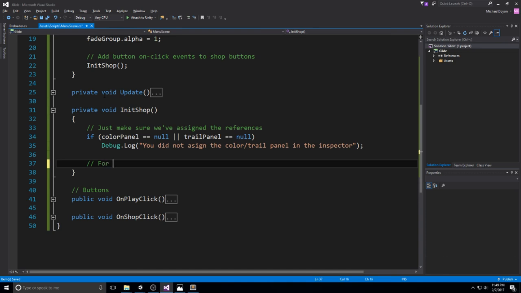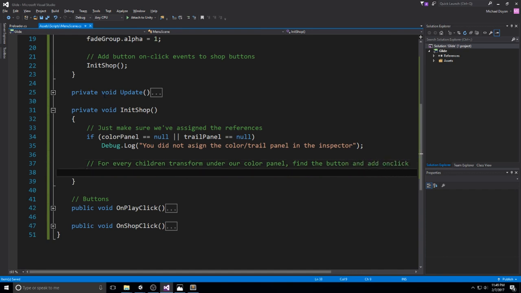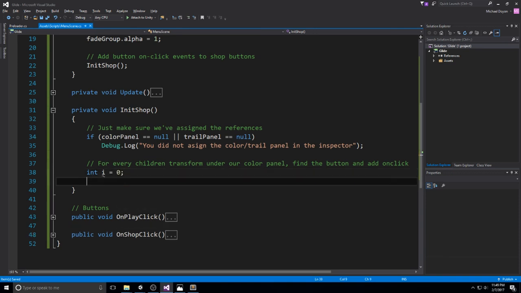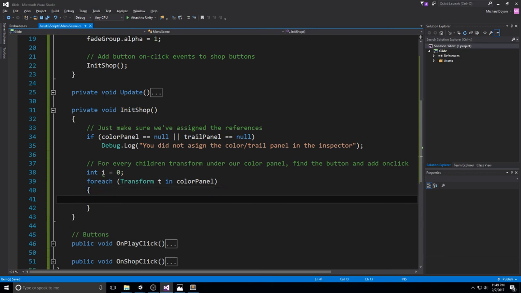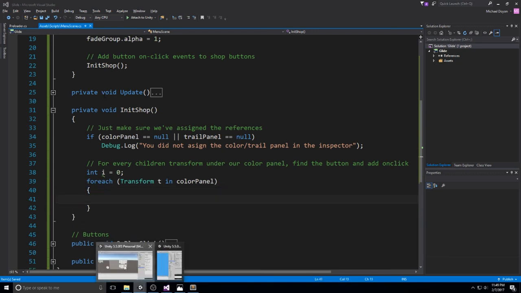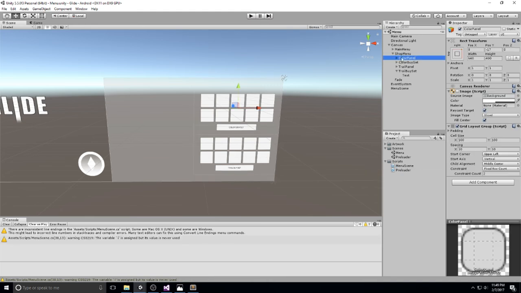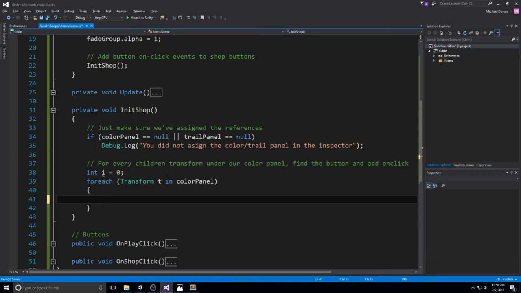So just after that, we're going to do for every single children, so for every single children transform under our colorPanel, find the button and add the onClick event. So we're going to start by declaring a new int i, which we're going to be using as an index, and then we'll do a foreach Transform t in colorPanel. So for every single transform inside of the color panel, now remember, the color panel is this thing. So for every single transform in this transform, that means all the children,